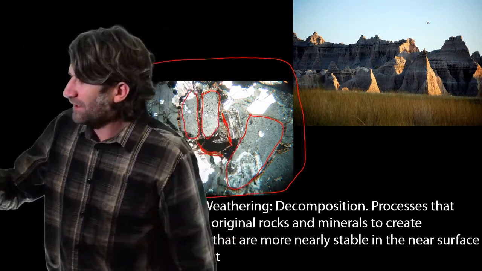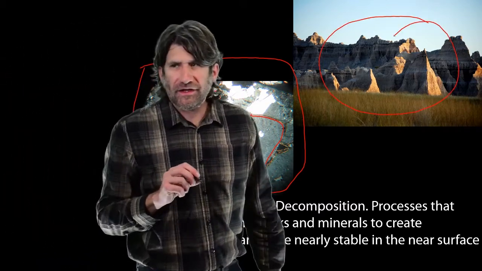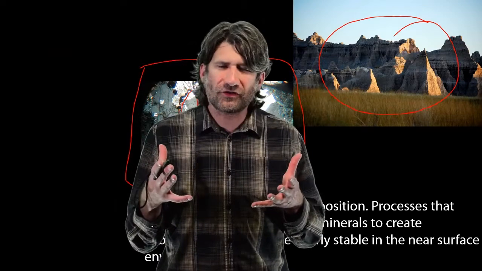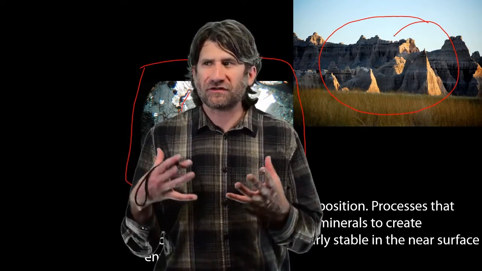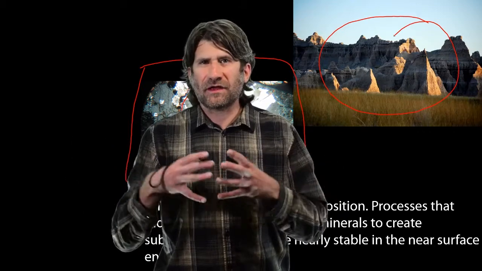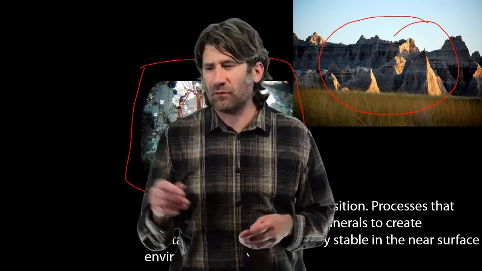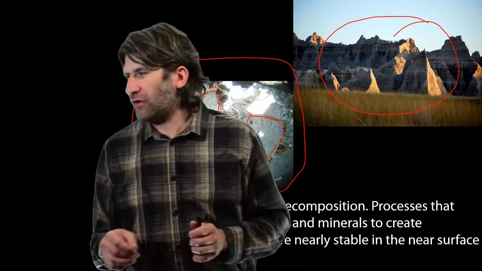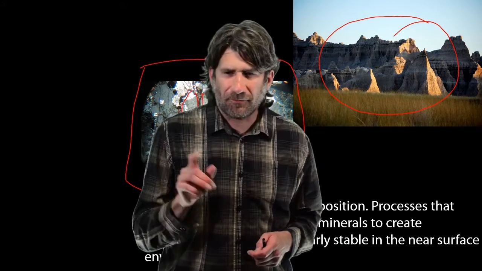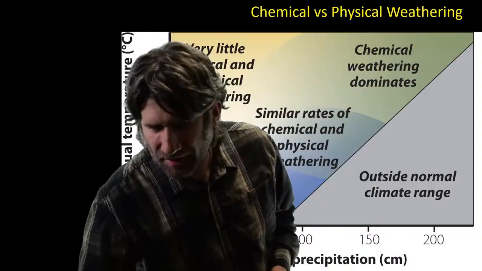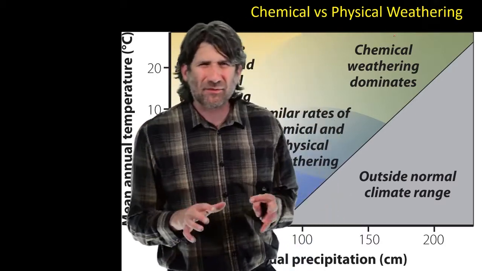And so a landscape like the Badlands is a landscape that's going to be the product of chemical weathering and production of clays, and then kind of how those clays interact with the surface of the earth when you wet and dry them, that we'll learn about here in a second. So chemical weathering. Now, when we think about chemical versus physical weathering, we can think about them in terms of environment